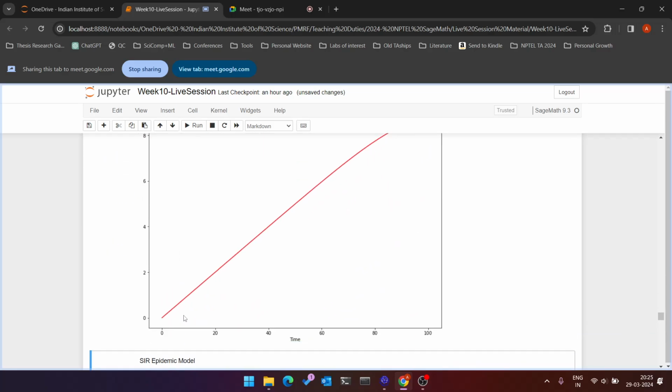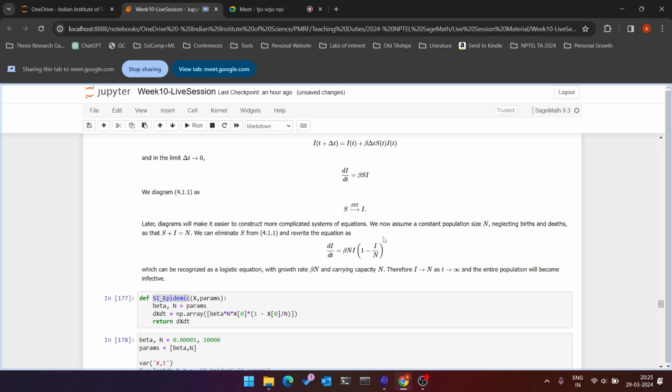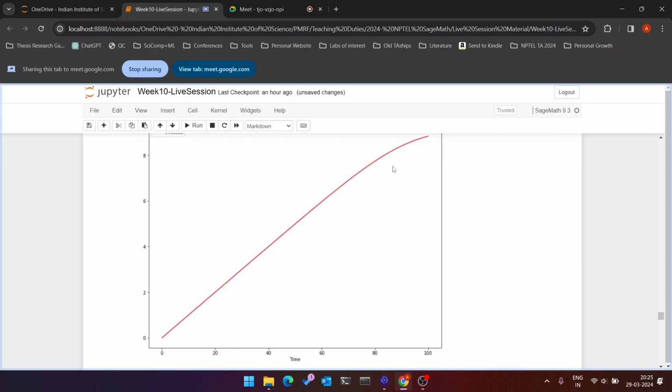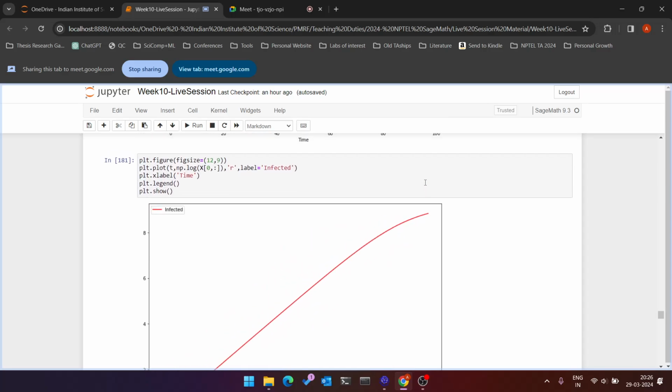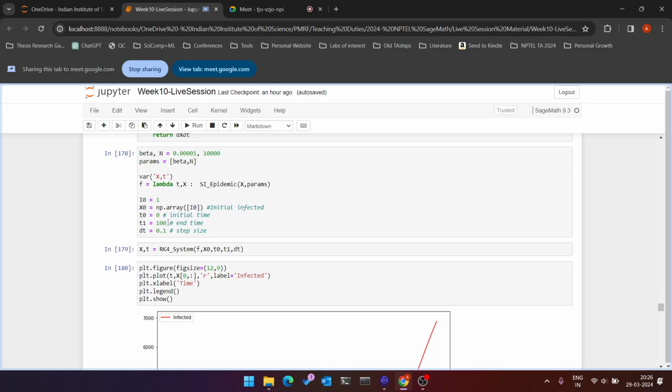you can see that in the log plot, it initially starts off with a constant slope. When I is very small, 1 minus I by n is approximately 1, and therefore dI by dt grows, so capital I can be approximately written as exponent of beta and t. This is how it looks for the lower time. As the time increases, you can see that the rate of growth of the infected people slows down, which is what we expect. I increase time for the,